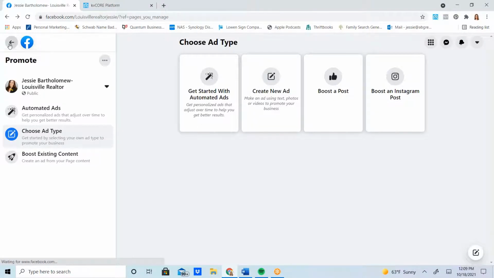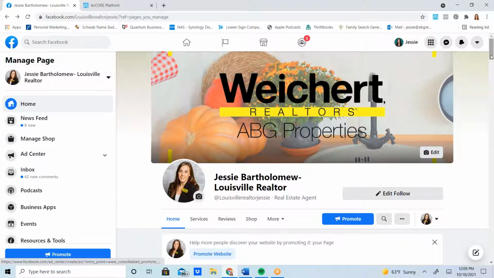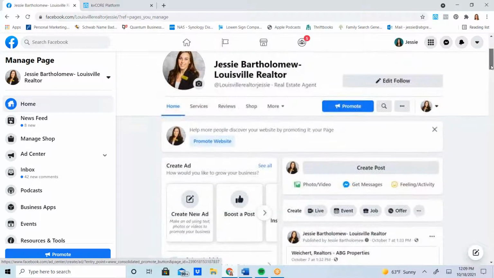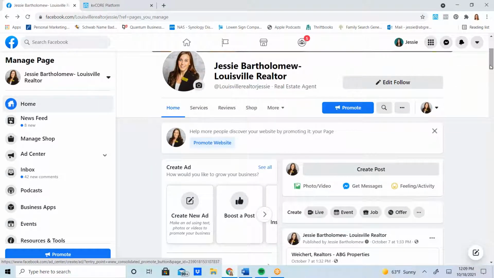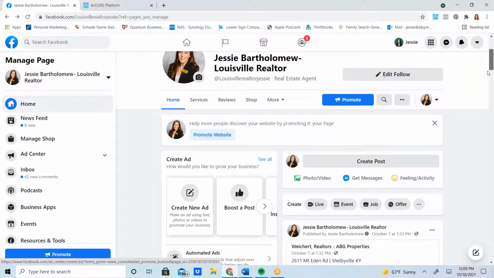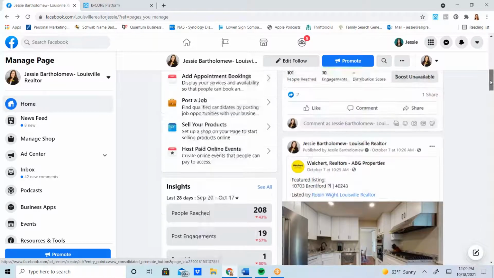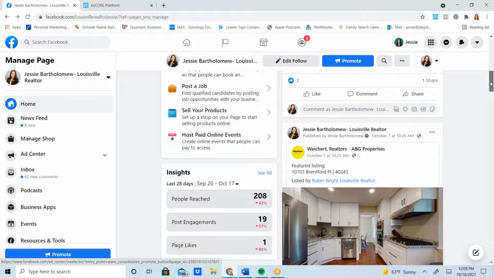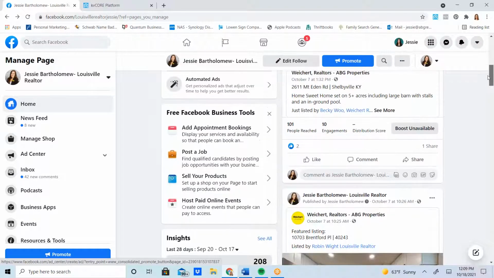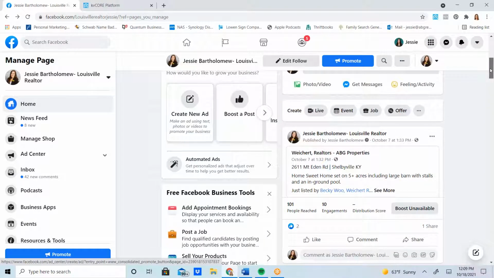Now another way to run an ad, and the whole point of running an ad is that when you make a post on Facebook, it's only going to be seen by people that like your page already, which is going to be people you already know, people you're friends with on your personal Facebook page. So that's helpful to stay connected with them, but it's not going to get you out in front of any new people. So that's why you have to run advertisements. So let's say,